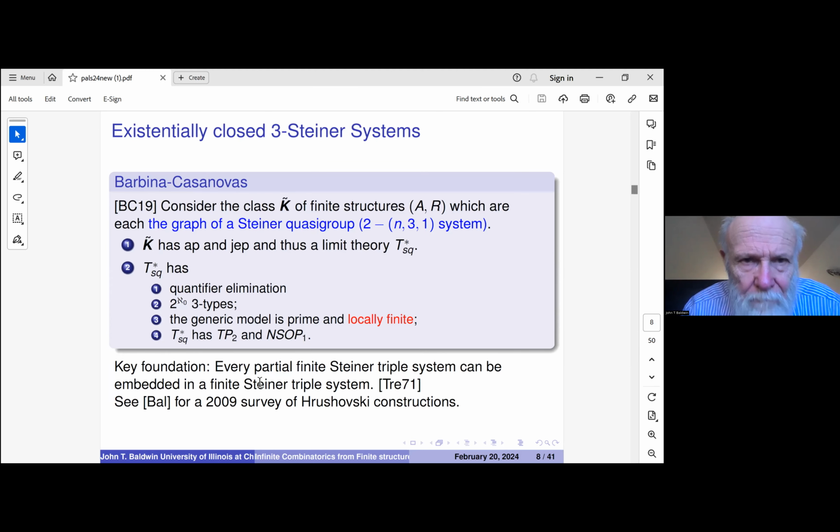So how does this connect with Steiner systems? Well, a fairly recent paper by Silvia Barbina and Enrique Casanovas shows that the class of finite 3-Steiner systems actually forms a Fraïssé class. Here it's kind of a trick. You think of this thing as being a function, but because of what we noticed before, that 3-Steiner systems automatically are quasigroups, you can just talk about the relational system and get the function. And this class has the amalgamation property and joint embedding, and thus a limit theory, T*_SQ,